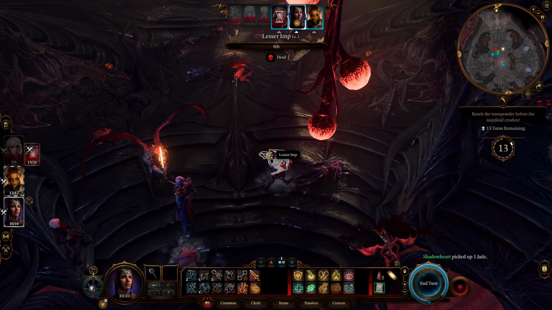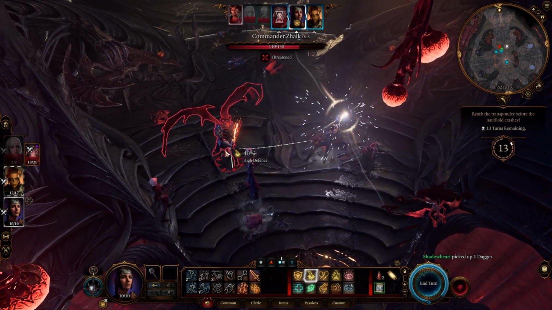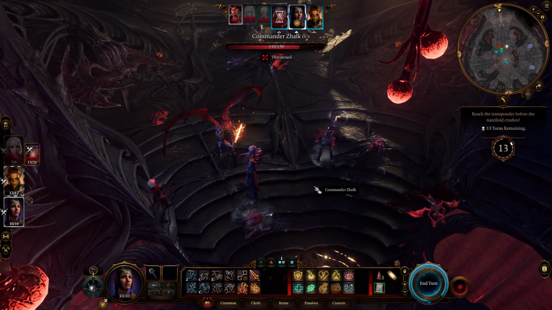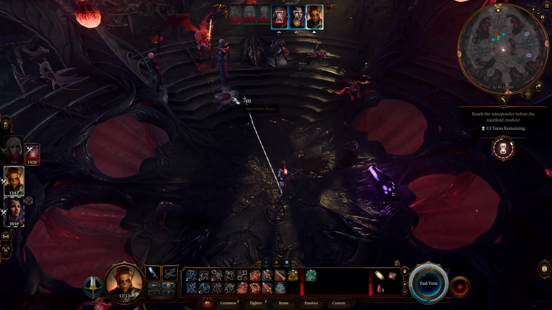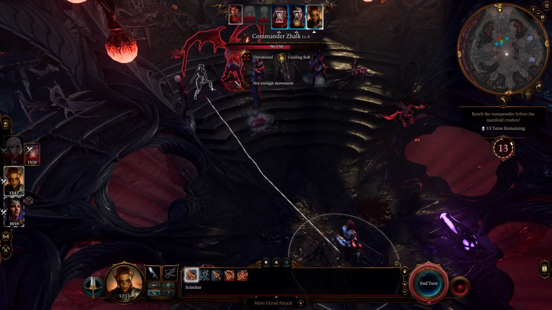Cool. And there's another lesser imp here that's got a dagger, which I'm also gonna take. And then I'm gonna hit this guy with a Guiding Bolt, because Guiding Bolt is going to deal 4d6 radiant damage, and the next attack roll against this target has advantage, which is going to give it an extra d4. Nice. So that hit dealt 14 damage. Pretty good. So Shadowheart can end her turn, and basically we can then get Lae'zel to come in, and hopefully...